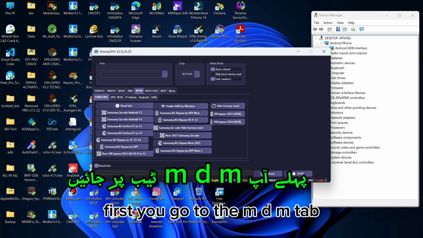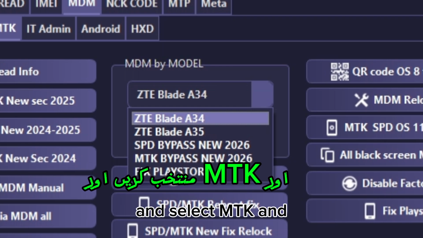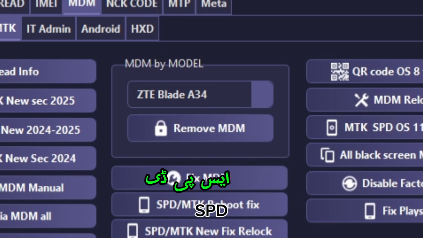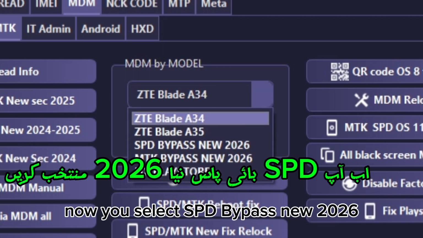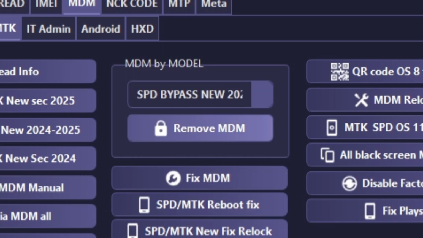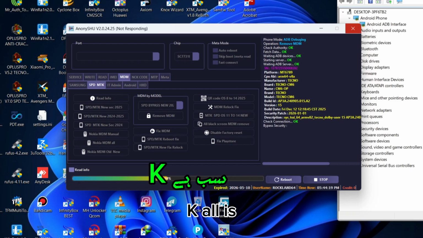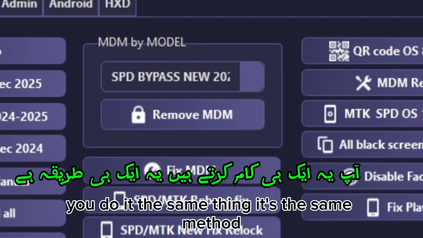First you go to the MDM tab and select MTK and SPD. And you select SPD Bypass New 2026. You can select the SPD, you can select the MTK, you do the same thing, it's the same